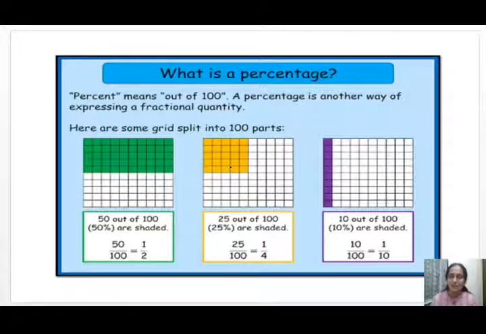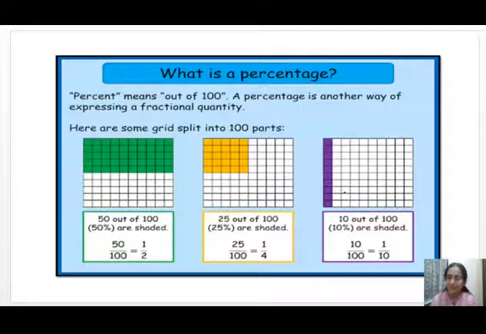How do we represent it as a fraction? You know already. The required part is 25. The yellow shaded part is 25 out of 100, 25 by 100. When it is reduced to the lowest term, it is written as 1 by 4. It means 25%. 25 out of 100 are shaded. That means 25 boxes out of 100 boxes are shaded yellow. That is the meaning of 25% shaded.